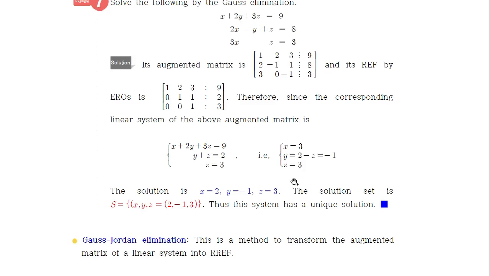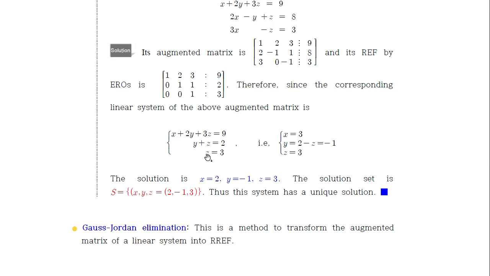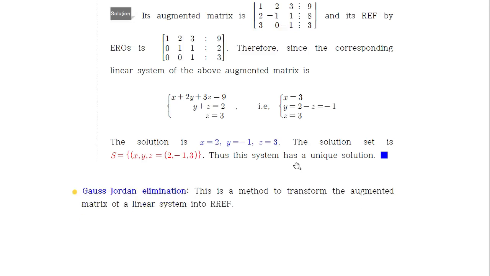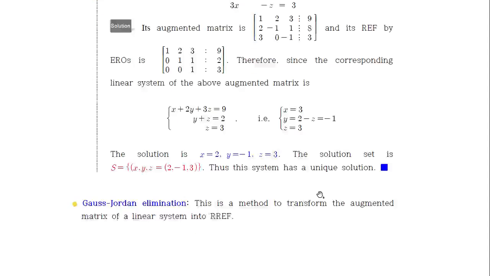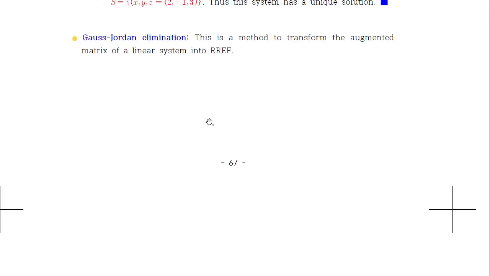They are the same. So the solution here is, if z is equal to 3, then plug it in here, then y should be minus 1. Then if you plug minus 1 and 3 in here, then you will have x equal to 2. Isn't it? So (2, -1, 3) is the solution. So the solution set of this linear system of equations is this singleton set. There is a unique solution here. So from Gaussian elimination, you can find the solution without any difficulties.